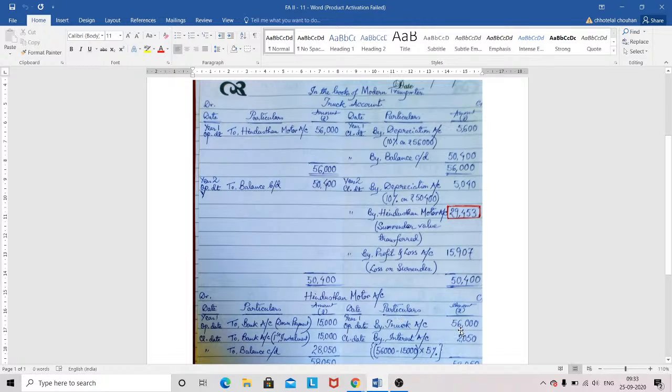First entry. Now what you have to do, you have to charge the depreciation on the asset. You are charging depreciation on the asset, so by depreciation at the rate of 10%, so 56,000 के ऊपर 10% चार्ज